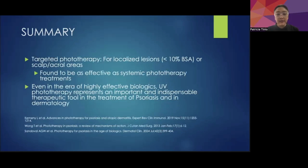Targeted phototherapy is very good for localized lesions, less than 10% body surface area involvement, or for scalp and acral areas. And lastly, even in the era of the highly effective biologics, UV phototherapy still represents an important and indispensable therapeutic tool in the treatment of